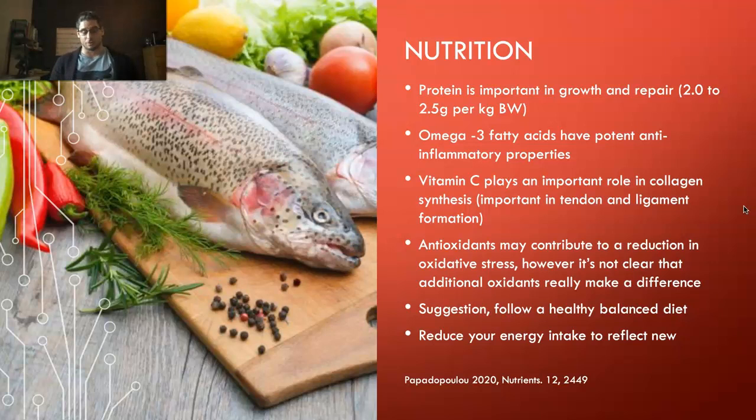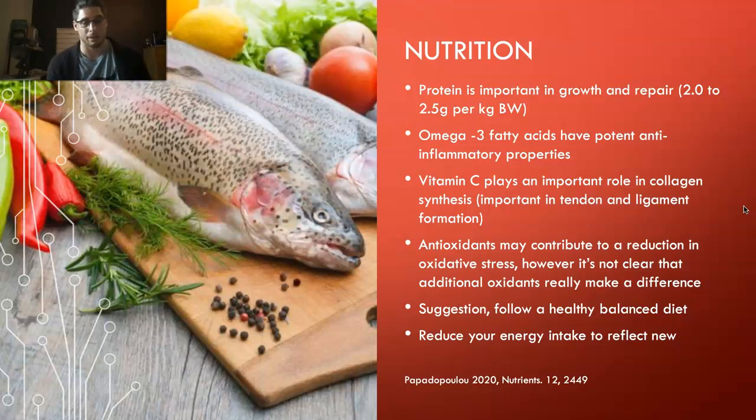Nutrition, there's lots of different people out there suggesting that nutrition could play an important role in managing sports injuries, and I think some of them have got very good points. Main things we really need to focus on with sports nutrition around injuries is making sure we've got sufficient protein, which very often isn't an issue for most bodybuilders and athletes. However, around about 2 grams per kilogram of body weight, so making sure you're getting enough of that. Omega-3 fatty acids, again, often make up a component of people's diet, but if not, some fish in the diet, particularly oily fish, or taking on board some fish oil capsules is a good idea.